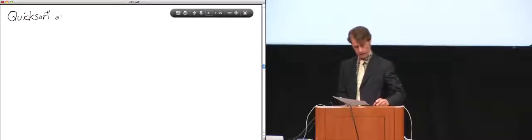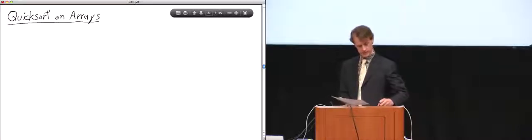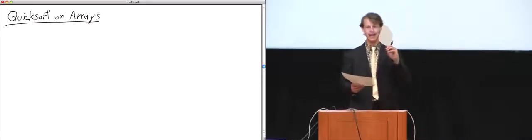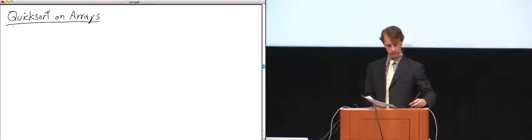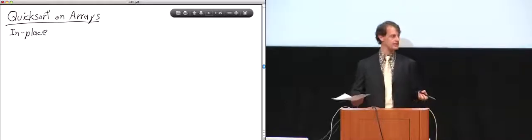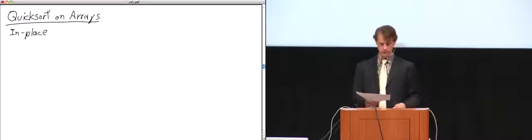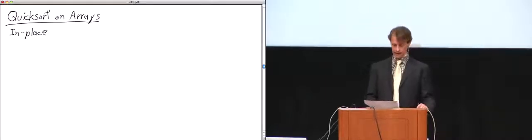I'm going to talk about how we do quicksort on arrays. And one thing you'll see about this is that when you're just partitioning into 2 lists, you can write really tight code that does this very fast. And that's part of the secret of why quicksort just happens to be the fastest comparison-based sort in practice. So in-place quicksort is really fast. It's tricky to code correctly.